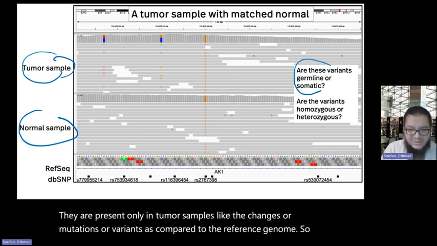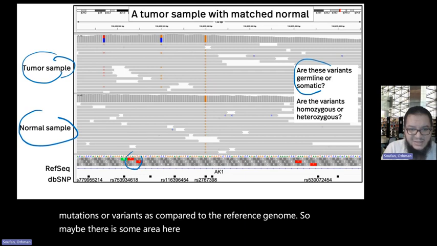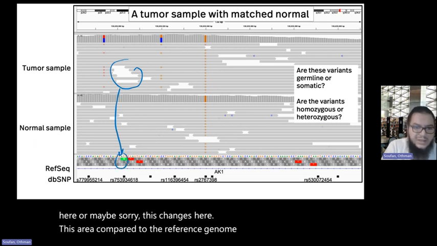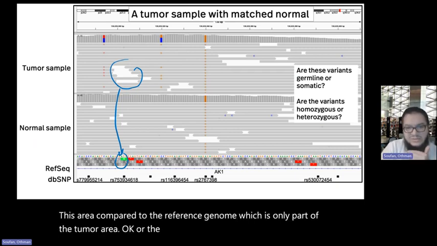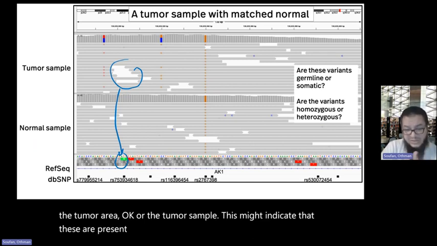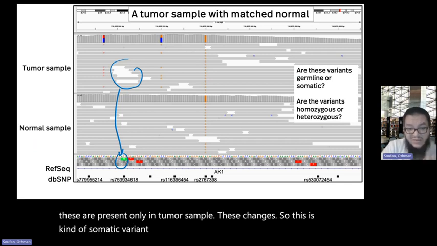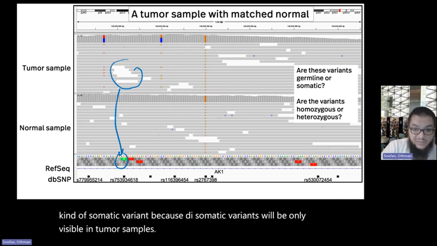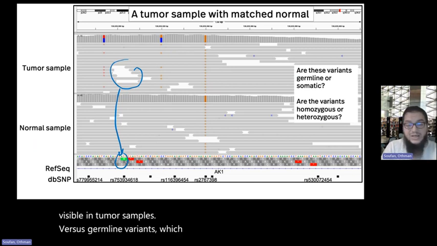So maybe there is some area here, and I see this. There are changes here in this area compared to the reference genome, which is only part of the tumor area, or the tumor sample. This might indicate that these changes are present only in the tumor sample. So this is a somatic variant, because somatic variants will be only visible in tumor samples, versus germline variants, which will be changes that we